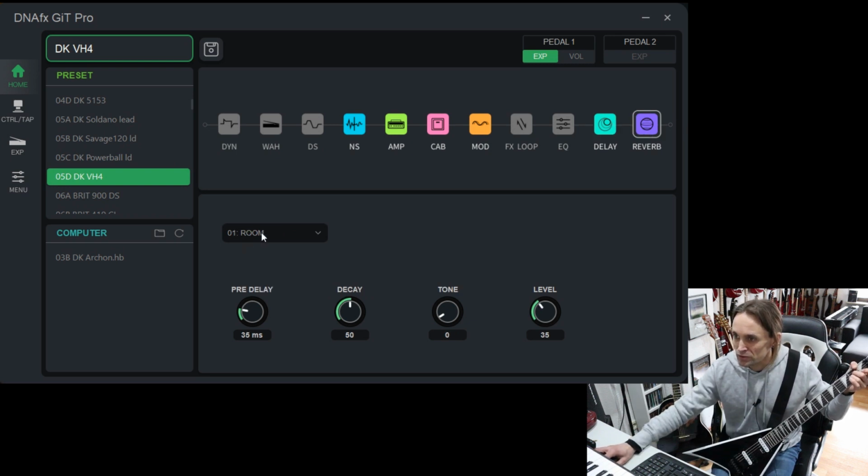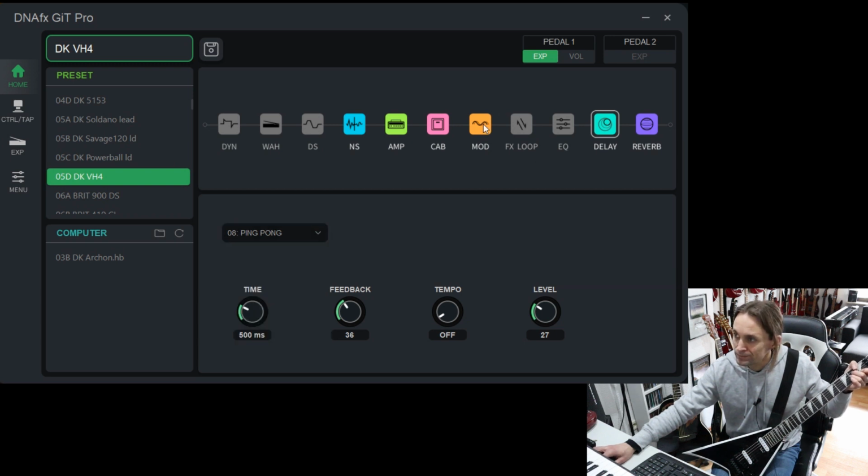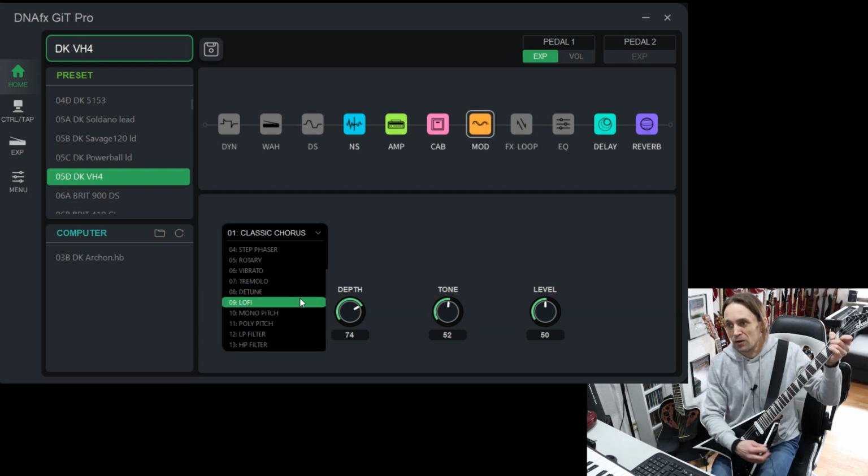Let's check out if we can find some shimmer delay. Room, hall, plate, spring, church, shimmer reverb or delay. Nothing there. Also here we don't have these shimmer effects. Anyway,